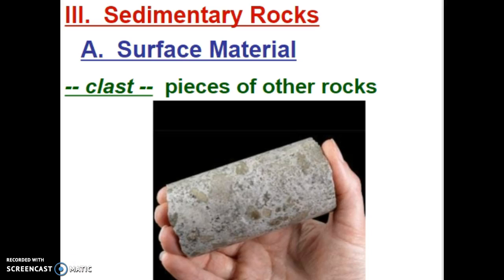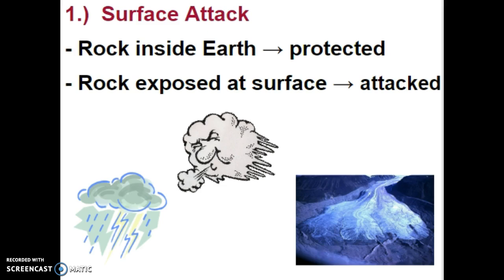The next branch of the rock family are the sedimentary rocks. These are the types of rocks that can form from either pieces of minerals or other rocks coming together, or be formed from either physical or chemical processes. So when we talk about sedimentary rocks, the surface material of Earth is going to help make up one type of sedimentary rock. We form these sedimentary rocks from clasts or pieces of other rock,